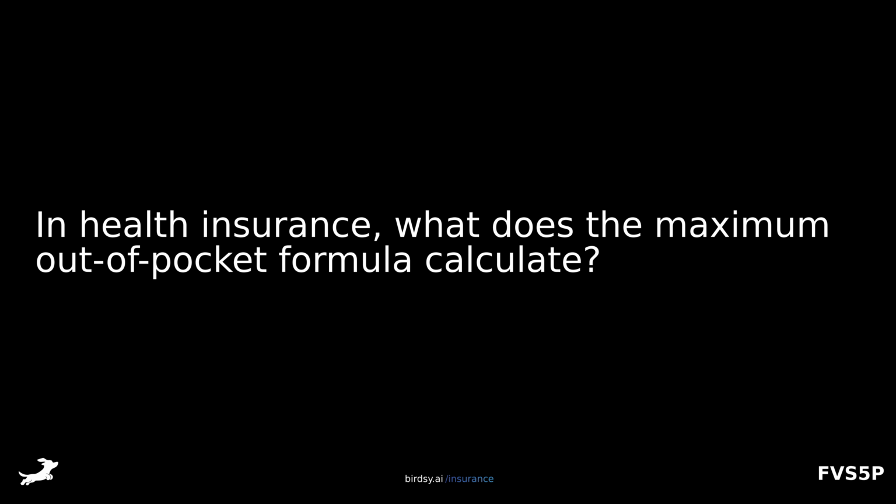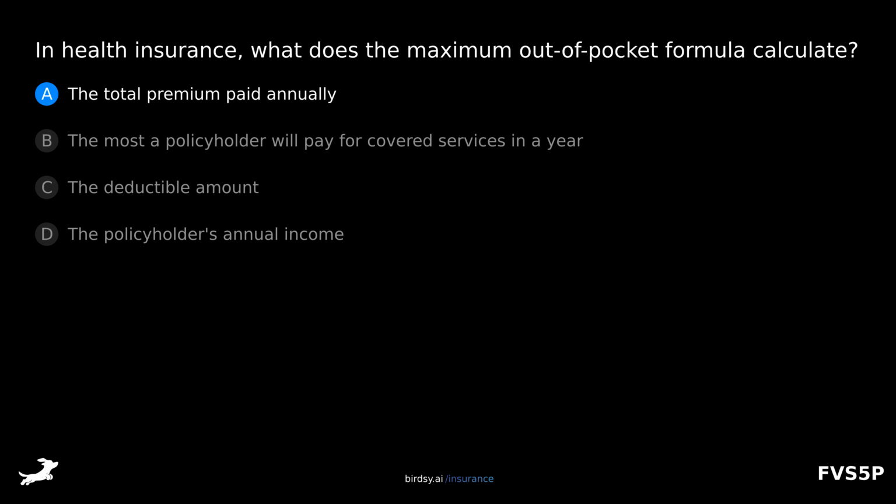In health insurance, what does the maximum out-of-pocket formula calculate? Is it A, the total premium paid annually, B, the most a policyholder will pay for covered services in a year, C,